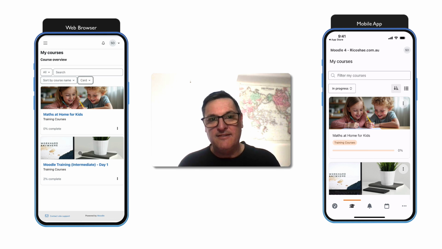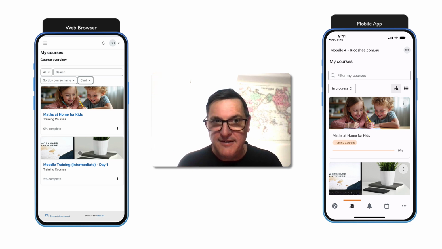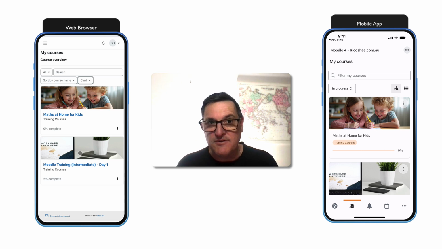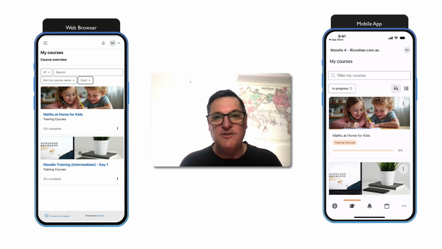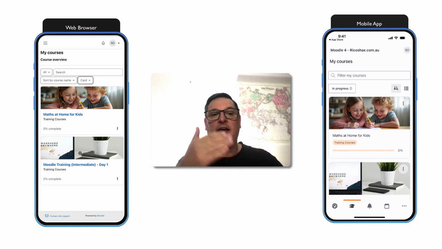Probably the biggest thing to consider is that the layout of some content in your pages may be quite different. So always test them. And probably a big one to test is any SCORM packages. If you're using SCORM packages or you're using any extra plugins that are quite unique and not part of the standard Moodle platform, then I definitely recommend grabbing your phone out and doing a test on the mobile app,